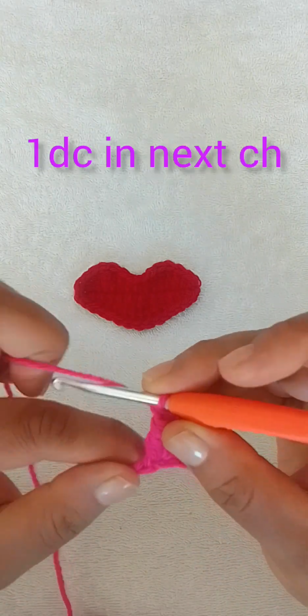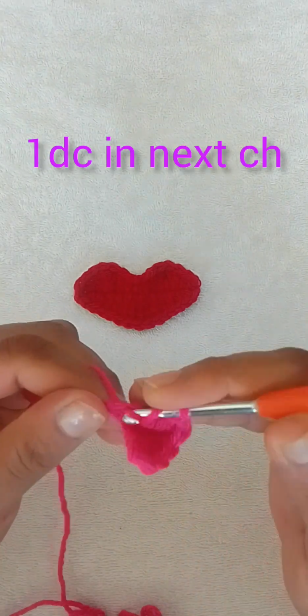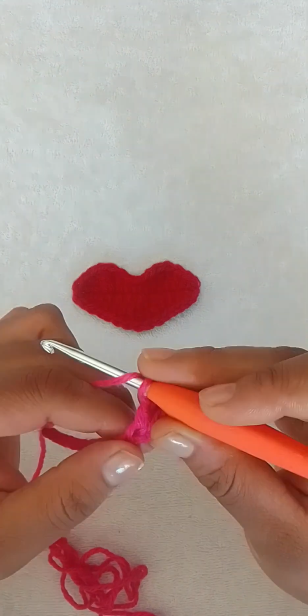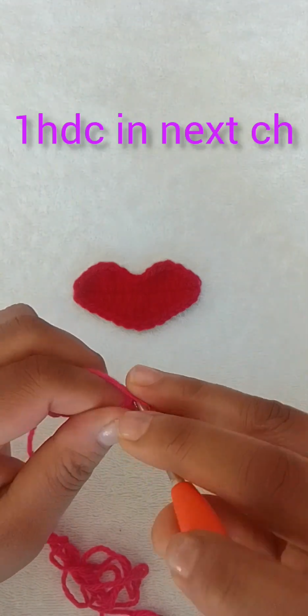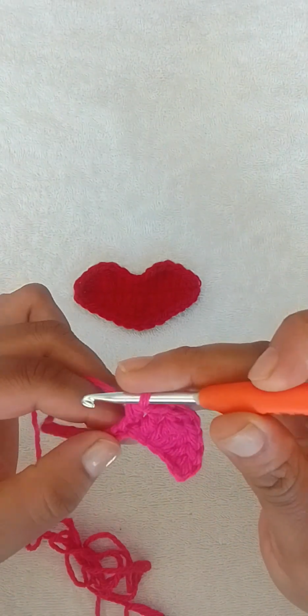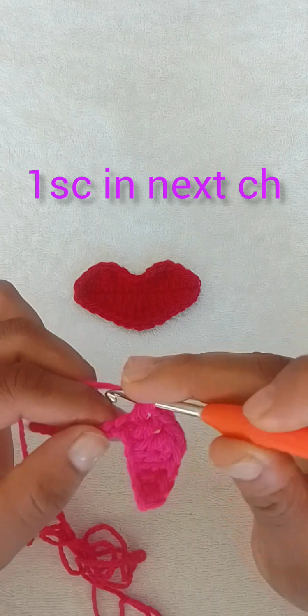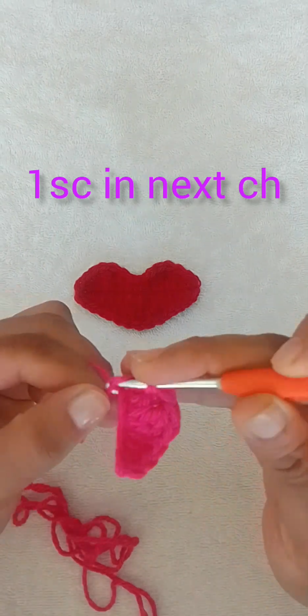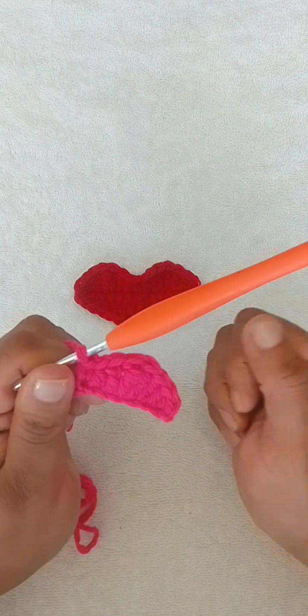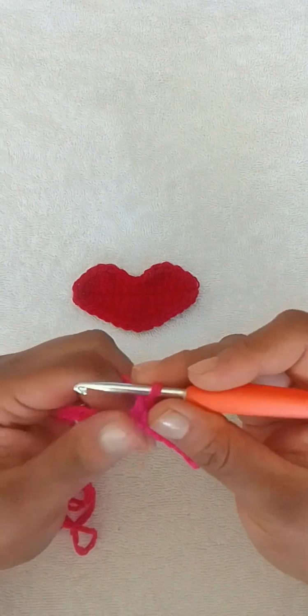In your next stitch, 1 double crochet. In the following stitch, 1/2 a double crochet. And in the next stitch, 1 single crochet. So you've made one part of the top of your lip. For the second part,